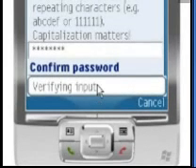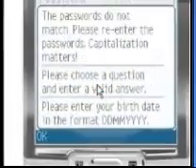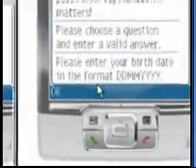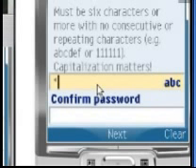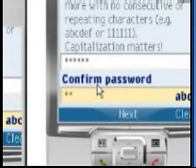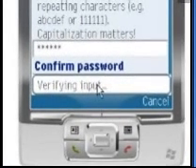See that? Oh, it's invalid. I will not use the number. I use letters only. Yeah. Enter. Verifying input.